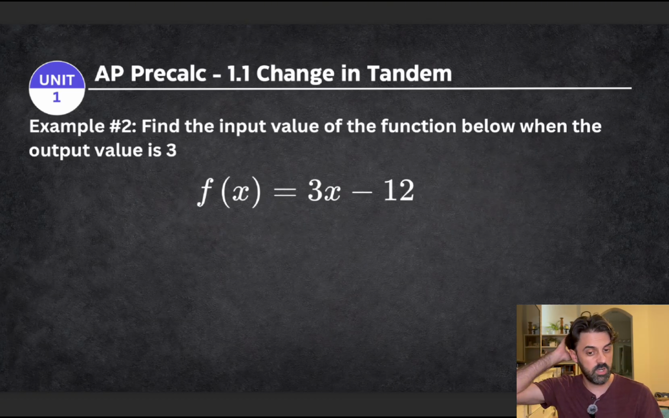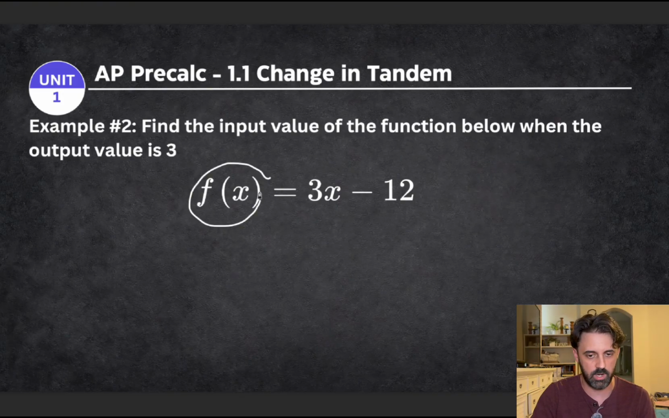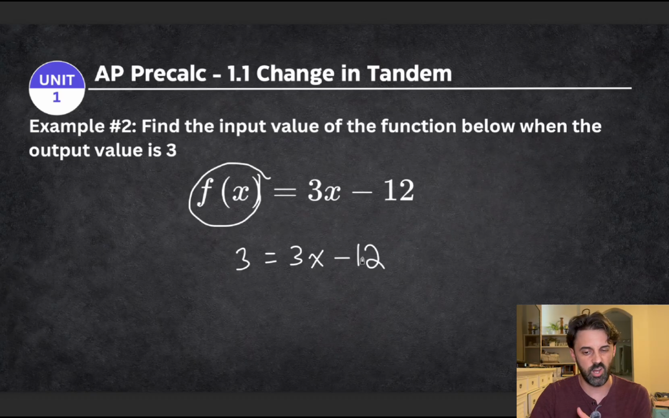All right, second example, we're going to find the input value of the function, or the x coordinate this time, when the output or the y value is 3. But here we're not going to plug it in for x. We're going to replace f of x on this problem with a 3. And if we do that, we get 3 equals 3x minus 12. So to solve for x, all we have to do is add 12 to both sides to get 15, and then 3x on the right. And then to undo the multiplying by 3, we would divide both sides by 3